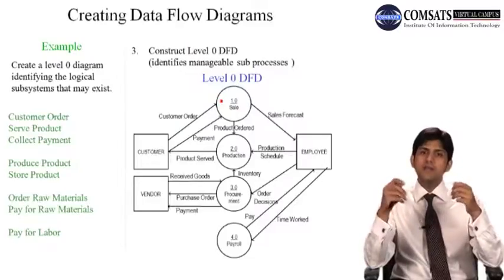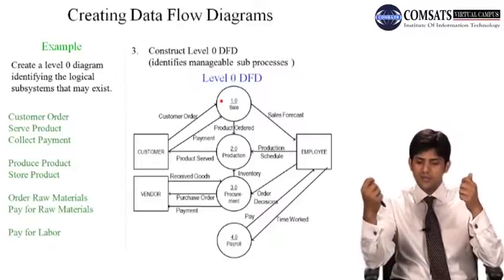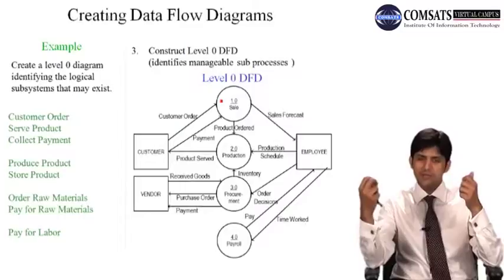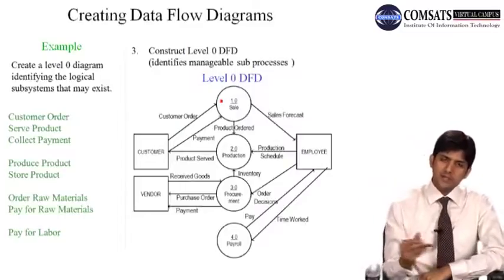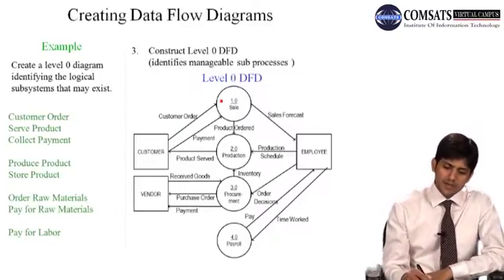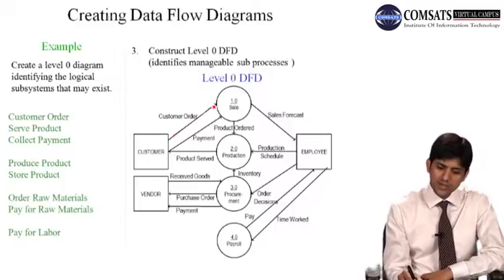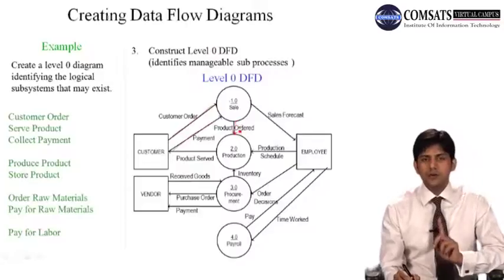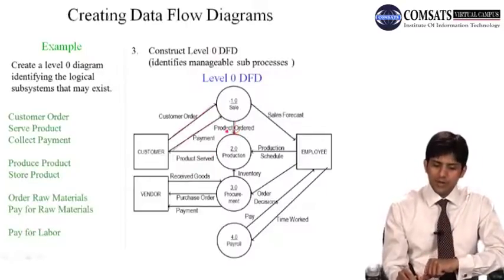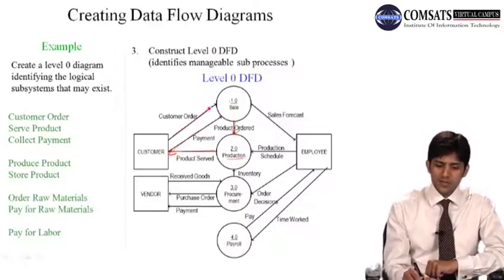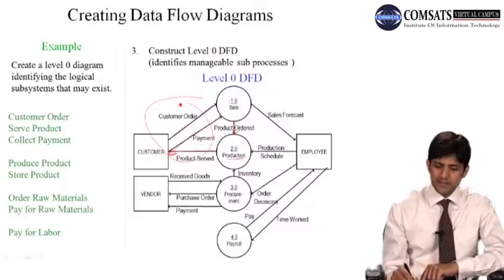So we have identified that there can be 4 sub processes. We have sale, we have production, we have procurement and we have payroll. अब अगर आप कस्टमर के डाटा फ्लोज को देखें कि जो कस्टमर ऑर्डर था that would go to sale, customer payment would go to sale, लेकिन सेल के ऊपर जब कस्टमर का ऑर्डर आएगा तो हमें पता लग जाएगा यार कस्टमर ने कोई प्रोडक्ट ऑर्डर की है, और जब वो प्रोडक्ट ऑर्डर होगी आप प्रोडक्शन में जाएंगे, आप प्रोडक्ट कस्टमर को सर्व कर देंगे, तो ये कस्टमर के तीनों डाटा फ्लो तो यहाँ पे हैंडल हो गए।